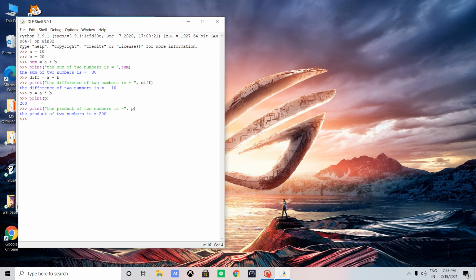Now see, we are going to print the modulus value as well as the division value. Suppose there is a variable d which is equal to a divided by b.